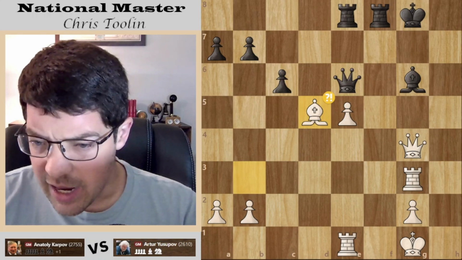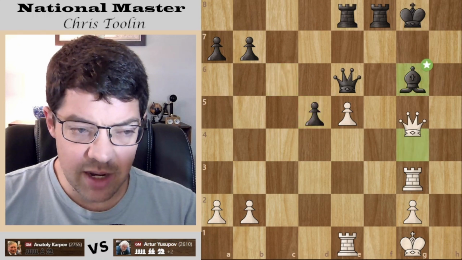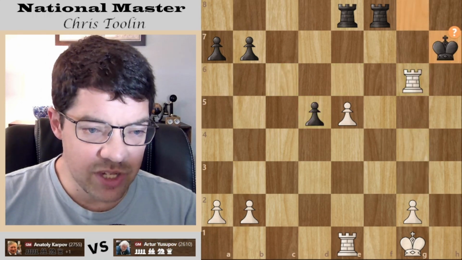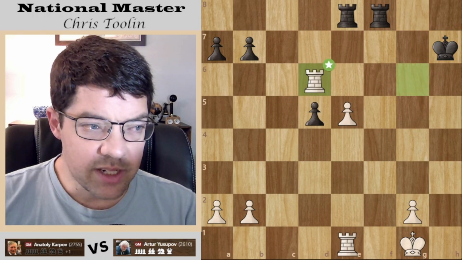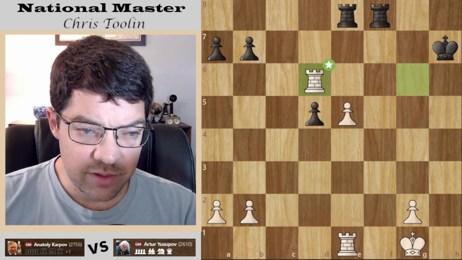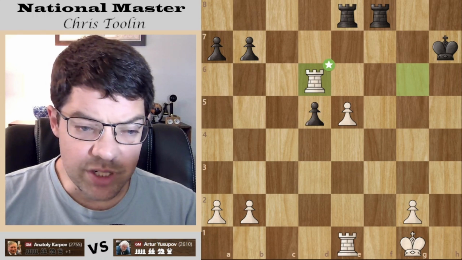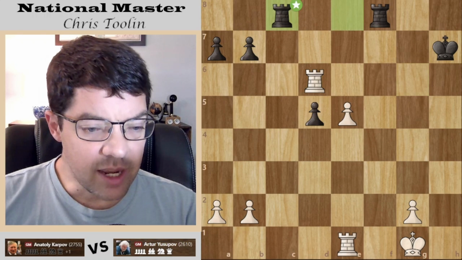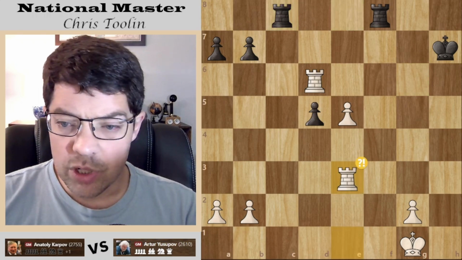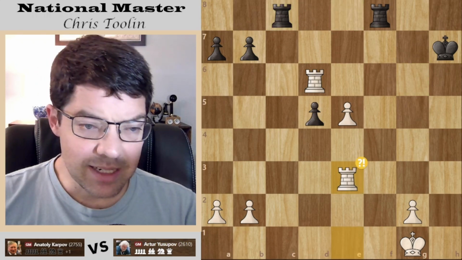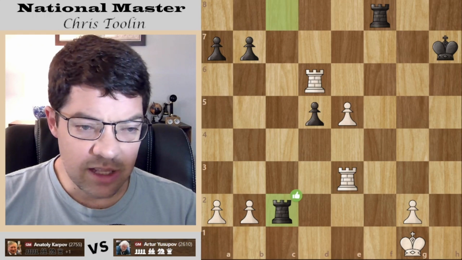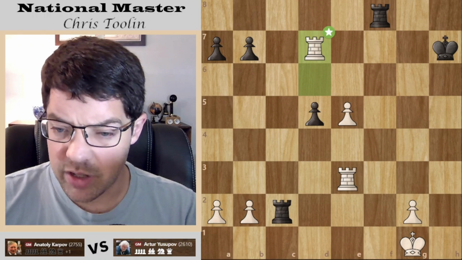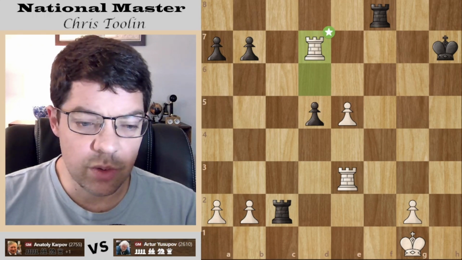Looking for the right end games because that's where this game is headed. Captures the bishop, captures the queen, king h7, not the best move. Rook d6, and Karpov, the legend, emerges. After a crazy attack, he doesn't win by checkmate, but instead by his signature rook endgame technique and just the classic way that positional players, endgame players, transition to a winning game.